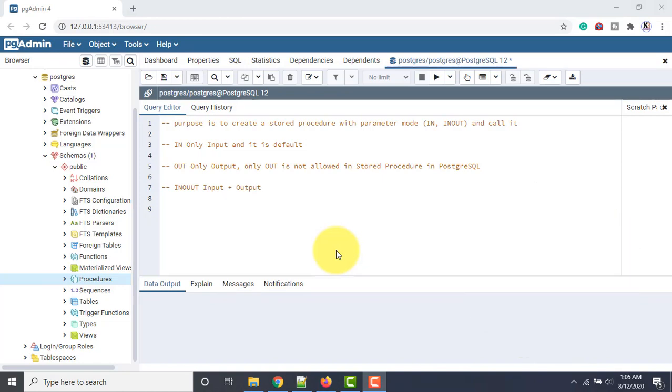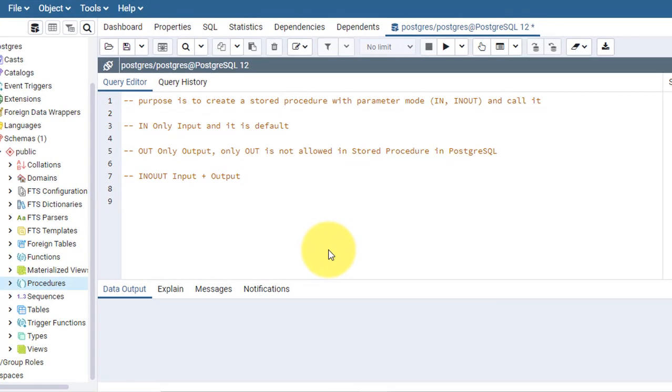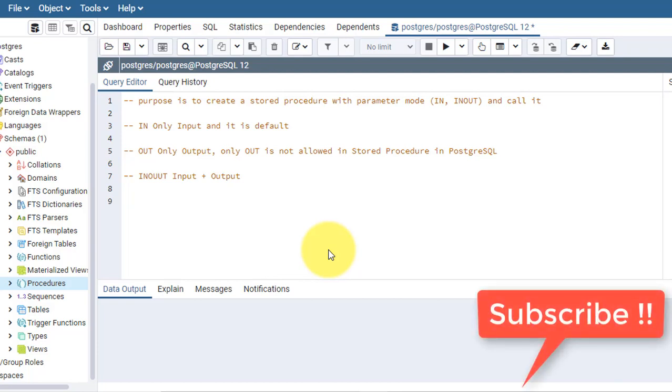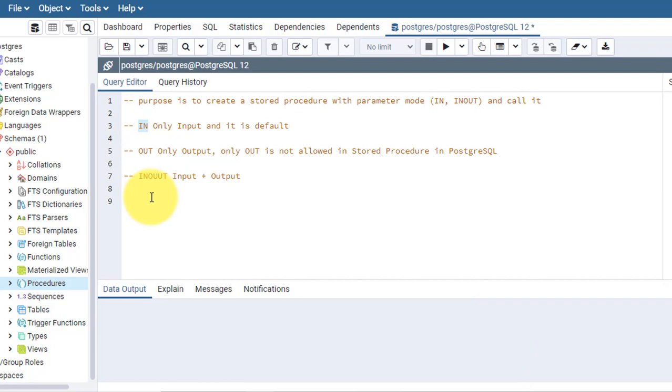So in this video I'll show you how to create a stored procedure with the mentioned parameter modes. That is, we have three modes: in, out and inout. So what are the roles of these parameters? If we mention a parameter as in, it will take the value as input.